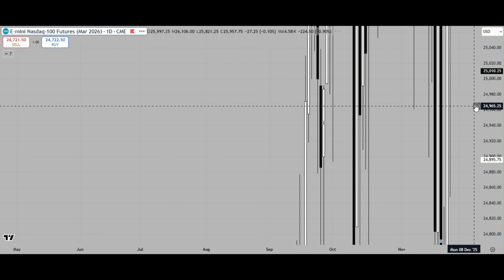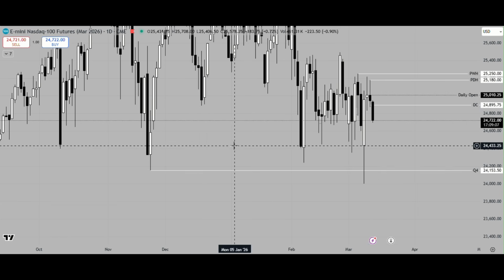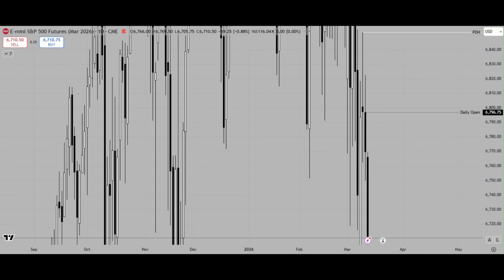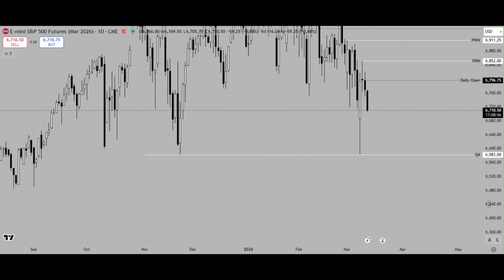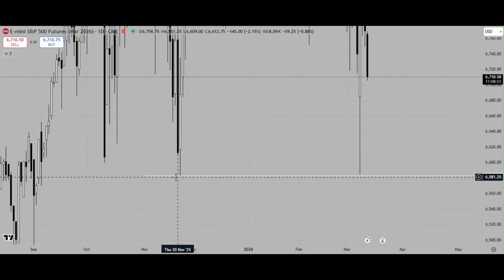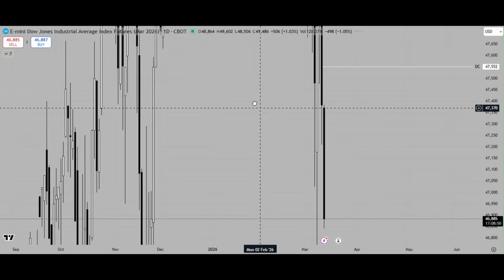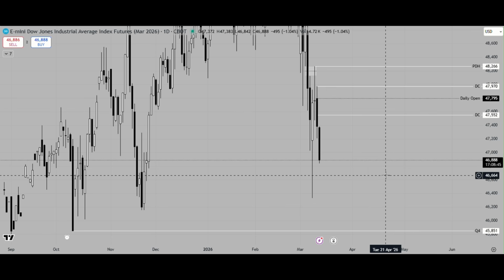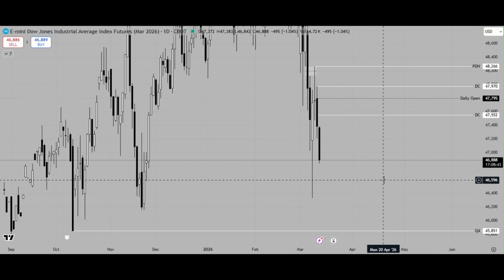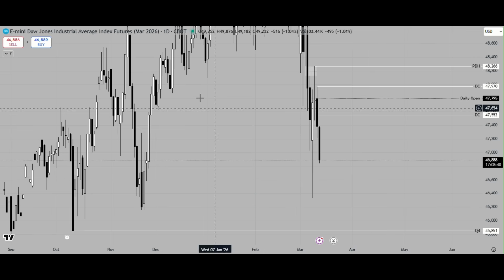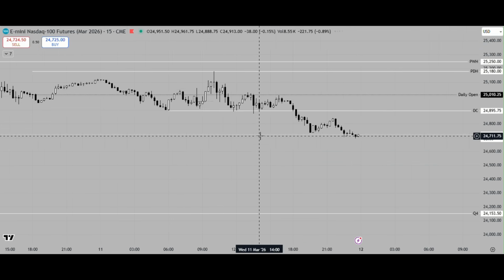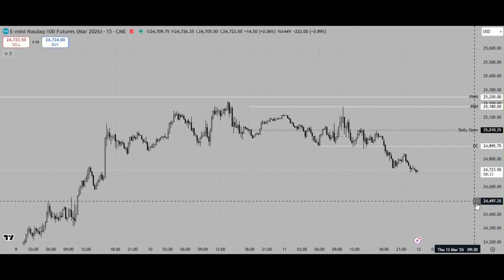Why was I bullish? Let's hop on the daily time frame. You see, we got here an SMT on the low of Q4, which is big signs. ES made equal lows right here, which are very suspicious, but didn't take out this low. And YM was still far from taking that low. Can you please let me know, guys, in the comments if the audio is good? Let's go further.